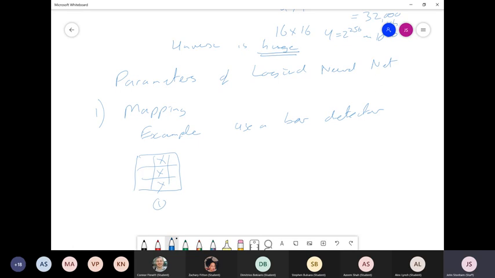If I have training pattern 2, there is a vertical bar displaced to the left. Taking the third pattern, the vertical bar displaced to the right. Now, if this is the training set,